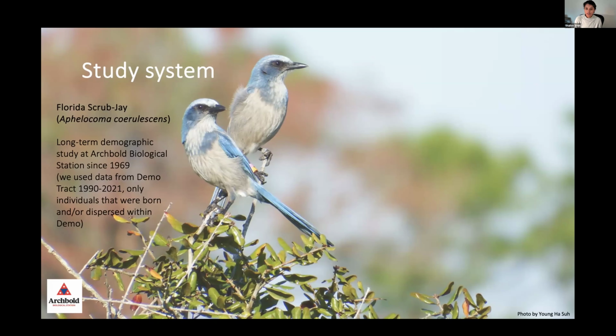And just as a note for the Avon ecology folks in the room, today I'll be talking about data from 1990 to 2021, and I am focusing on individuals that were born within and/or dispersed within the demo tract. The study is possible because of the extensive fieldwork undertaken by the Avon Ecology Lab at Archbold, so thank you. I am simply playing around with the extensive data that they've generated over the years, and this data is